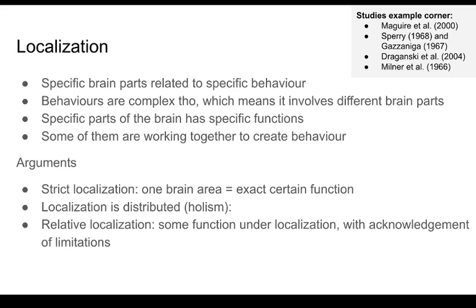And last, we have relative localization, which acknowledges that some parts of the brain are localized, but it is limited. It also comes with some limitations. So, for example, in the H.M. study,